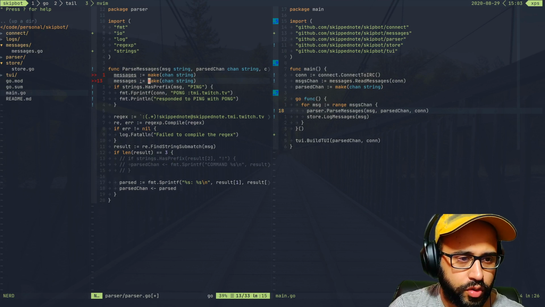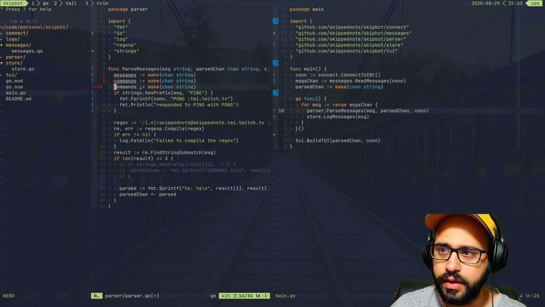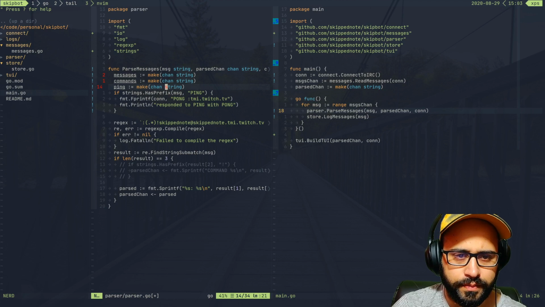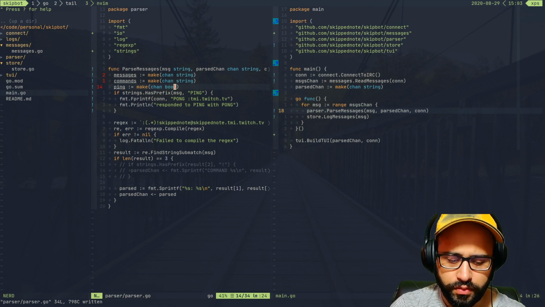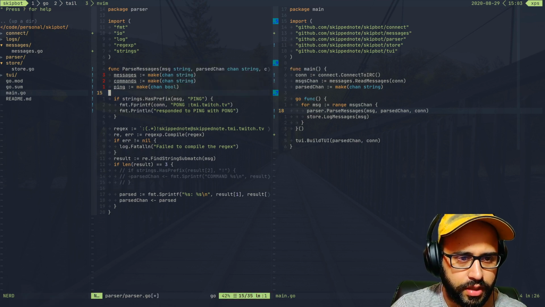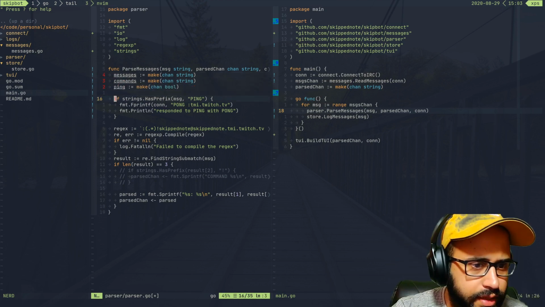Then there would be one more called commands. This would be again the same thing. And then finally we'll have a ping. This would be a boolean, I guess. I think this can actually be a channel of 1, but I will not worry about that immediately. So we have these 3 channels. The next thing we have to do is